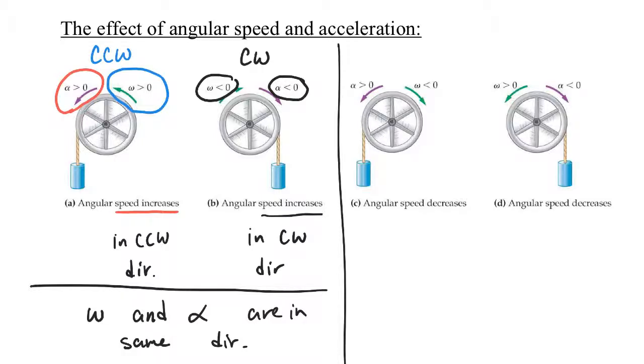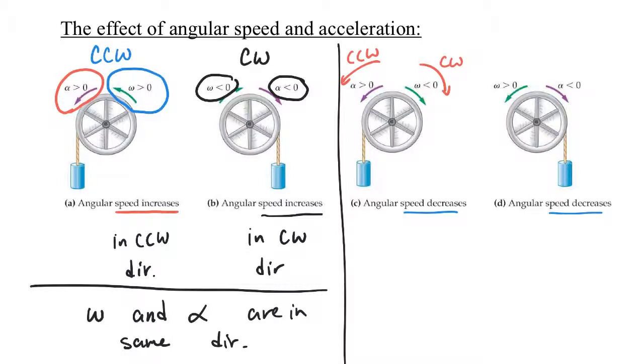That's why it's happening. Now, because you guys are smart and can use logic, if we have two things acting in the same direction in both cases and it's both speeding up, what can we conclude about the other side of this scenario, Helen? They're going to be slowing down. Speed decreases. And why is that, Helen? Because they're going in opposite directions. Good. It's rotating, in this case, clockwise, but the acceleration is counterclockwise. So it's rotating like this, rotating like this, and then something says, I want to slow you down in the other direction, or I want to give you some acceleration in the other direction,